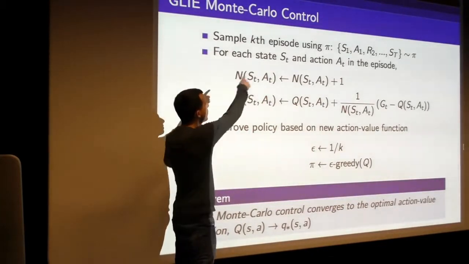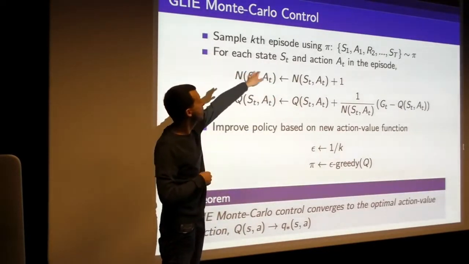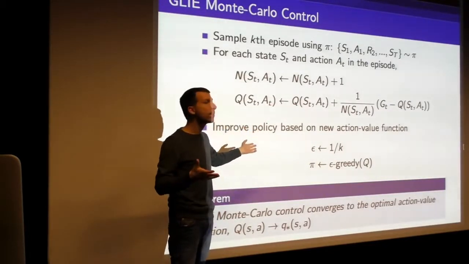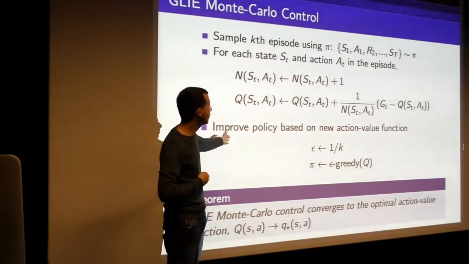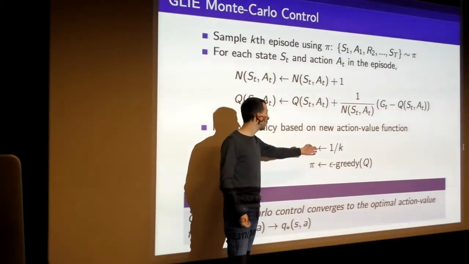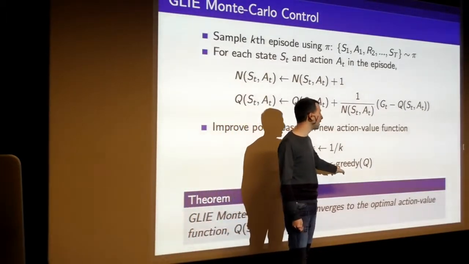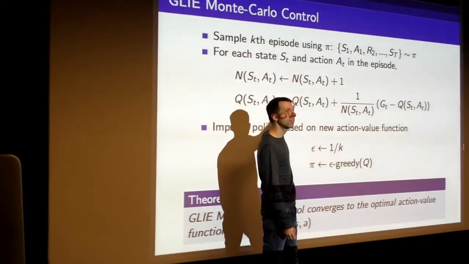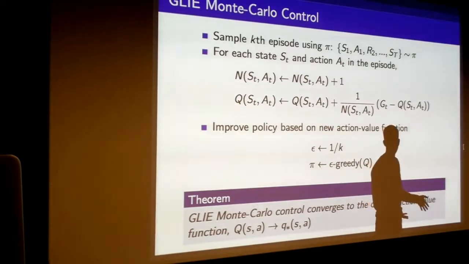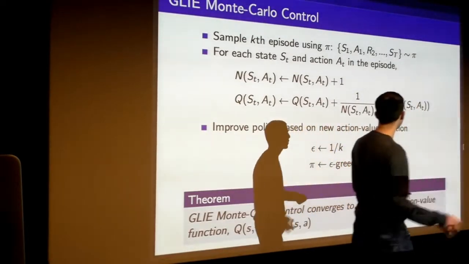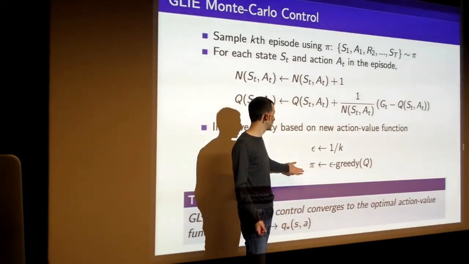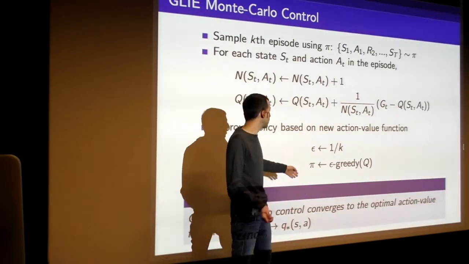And so what we're going to do now is iterate over this whole process. We're going to sample the kth episode in this way, update our Q values, and then improve our policy. So this was the policy evaluation step. Now the policy improvement step just looks like this, where we can, for example, set epsilon to its new value, 1 over k, and now we're just going to act epsilon greedily with respect to these new Q values. And those Q values are going to be the same everywhere, apart from the states and actions that I just visited. So we only update those Q values along one trajectory, but that's already enough to change the behavior that we actually see there. So in practice, if you're actually writing this, you don't need to explicitly store